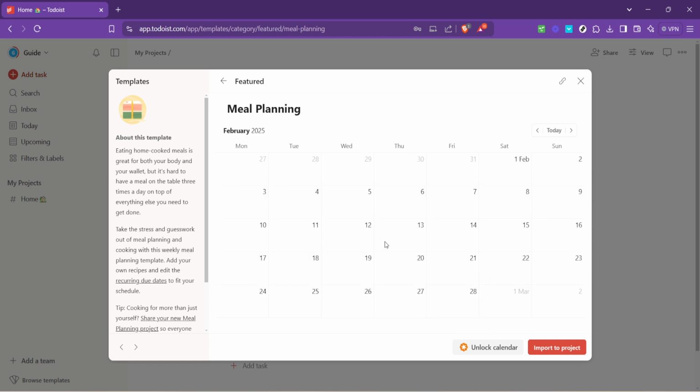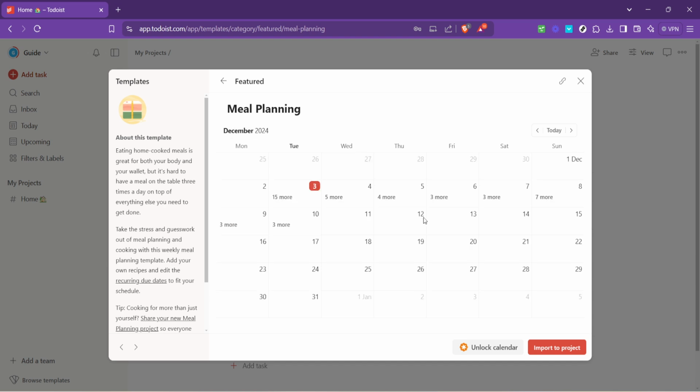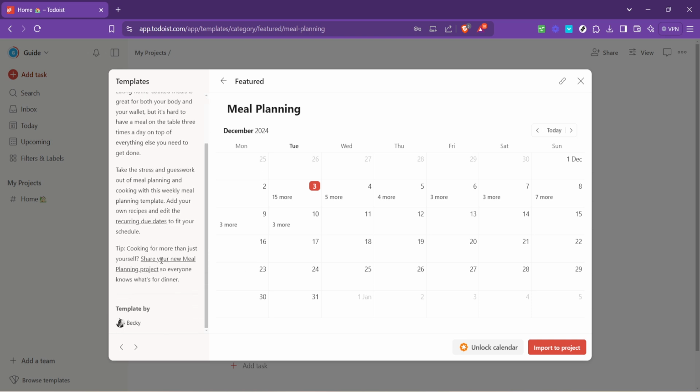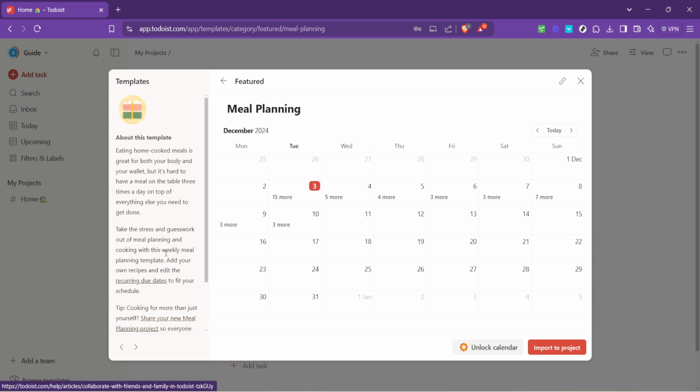When you've found a meal planning template that suits your needs, click on it to view more details. Here you'll find a button labelled Import to Project. Clicking on this will add the template to your Todoist, automatically setting up a new project dedicated to meal planning. It's that simple. Now, with the meal planning template imported into your account, it's time to personalize it to fit